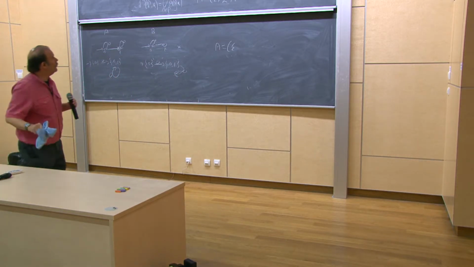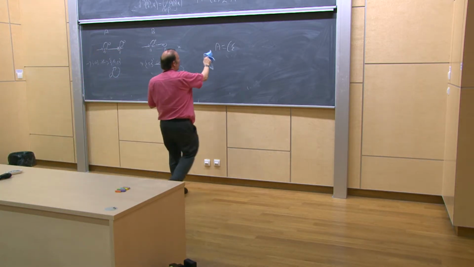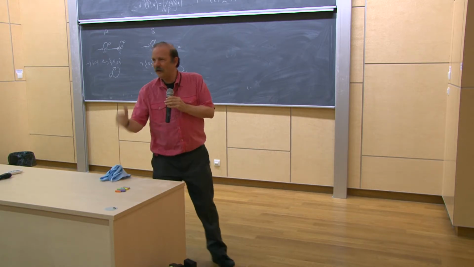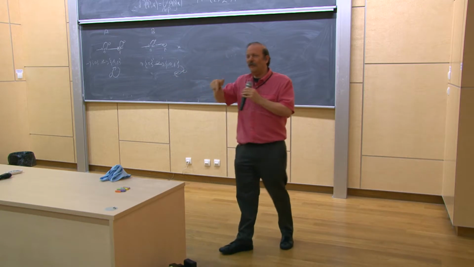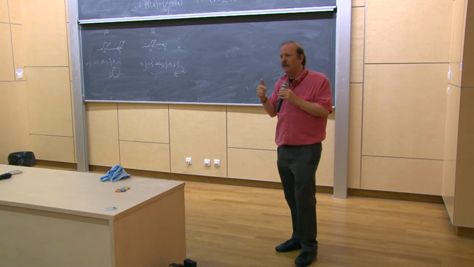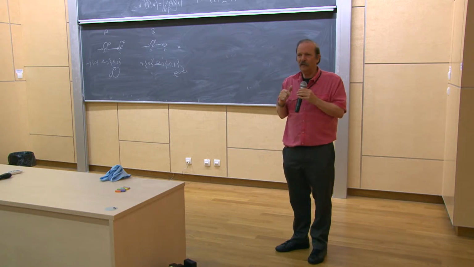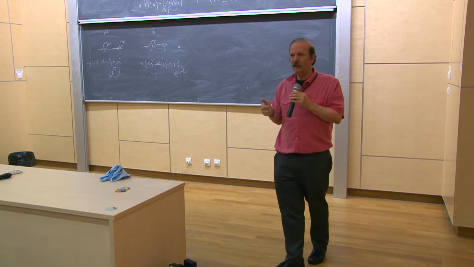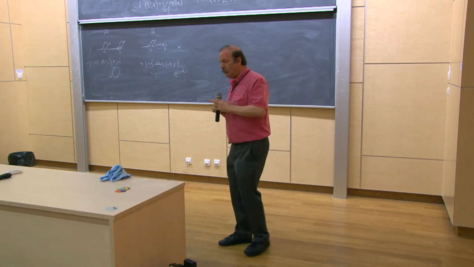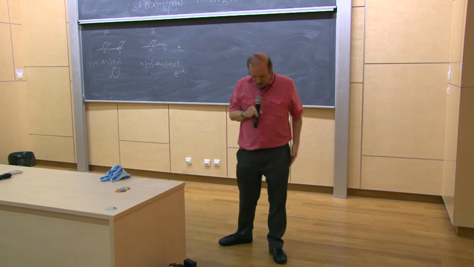Imagine this is the deterministic Büchi automaton. I cannot complement it by just complementing the accepting states. It's not the same thing. Not to visit a set of states infinitely often is not the same as visiting the complementary set infinitely often, because you could visit both infinitely often. So this difficulty was faced by Büchi in